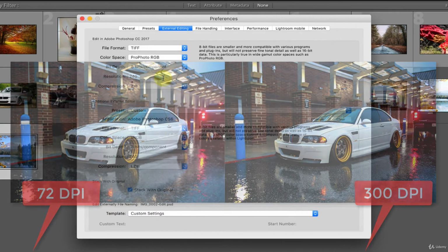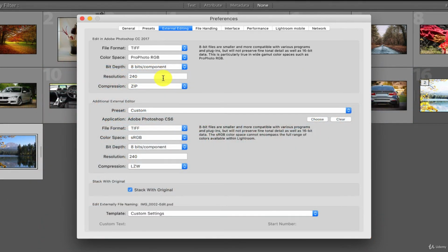It's best to set the resolution between 240 to 300. This will ensure that the image retains optimal quality regardless of what you intend to use it for. To obtain good quality prints, you require a print resolution of at least 300 dots per inch. For images destined for a web gallery or only to be viewed through a monitor, a resolution of 72 to 150 is sufficient. We'll leave the default setting because we can always reduce the resolution of an image later on